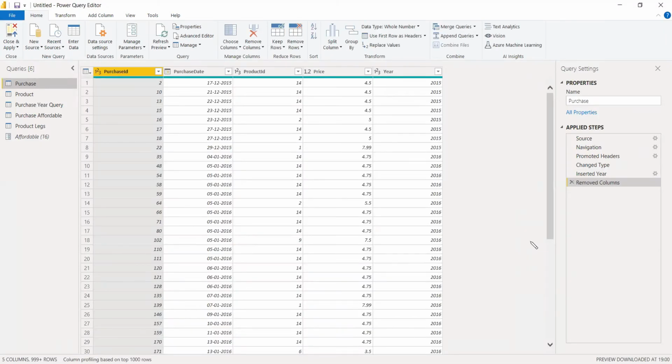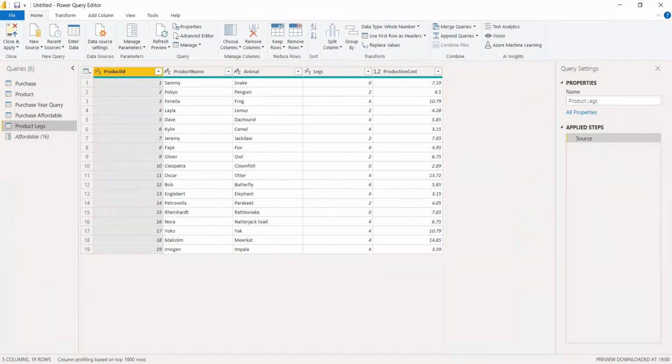Okay, now we are in the transform window. We will take the product table, product legs details, and we can get the legs count. The legs are from 0 to 6. So we can create a parameter for this. We can create a list parameter, and we will select the visualization with respect to the number of legs of the animals. You can create and manage, and if you want to edit the same parameter, you can do the edit also, but now we are going to create a new parameter